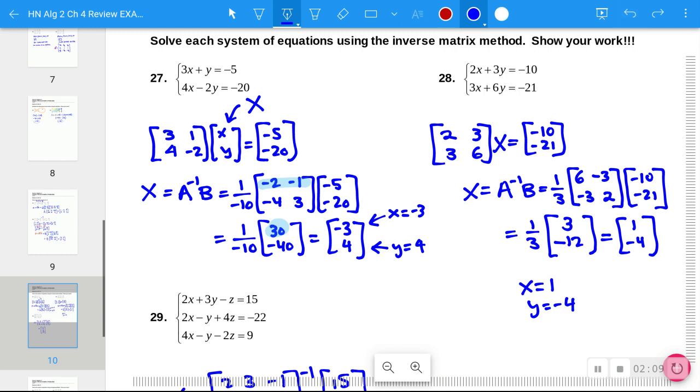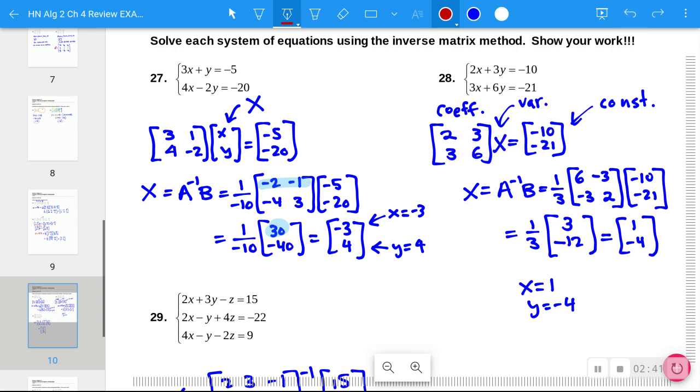Okay, the next problem is the same type exactly, so we're just going to go through the same process. We rewrite the coefficient matrix at the front. In this case, we've decided to use the variable matrix. Instead of doing the x over the y, I just put a big X. And the constants go on the other side. So now what we have is A times X equals B. And we're going to